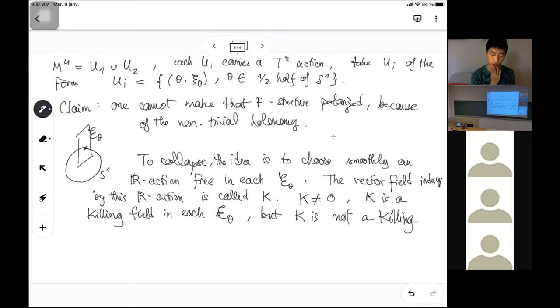However, what you do is you're going to pick in each slice E theta an R action that is free. That's always possible. And by changing the direction of this R action smoothly as theta is going around S1, you can find an R action that is well defined, and that defines a